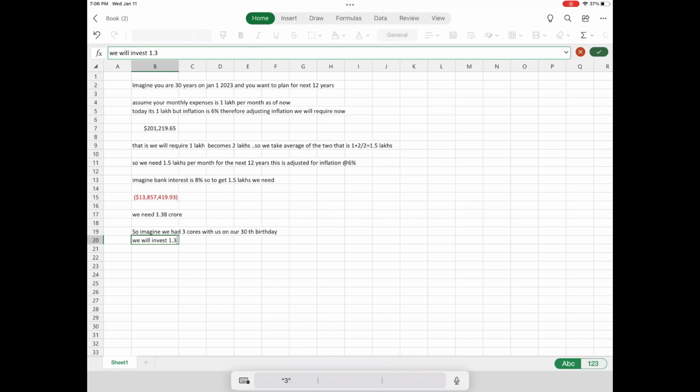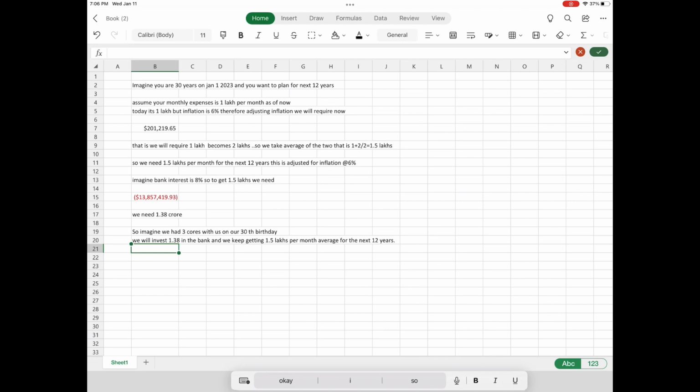Out of these 3 crores, you are going to put 1.38 crores in the bank, and that's going to give you continuously 1.5 lakhs per month for the next 144 months, or for the next 12 years. So how much have we finished? Out of 3 crores, 1.38 crores has gone. So the balance, 1.62 crores, we are going to put in Nifty index, because we